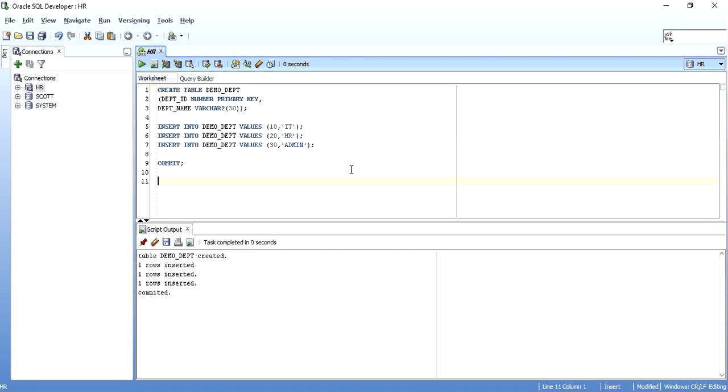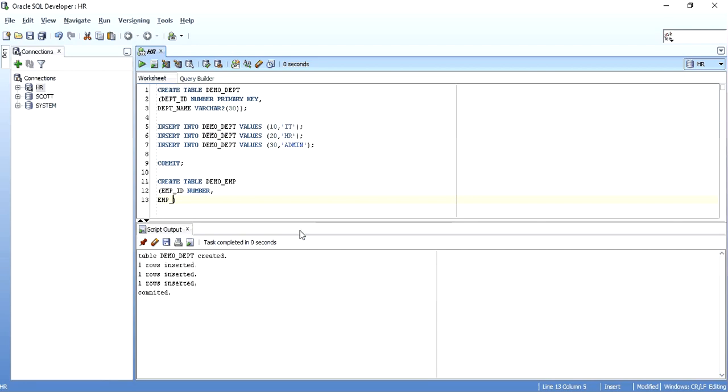Now I'll create a demo underscore employees table with 3 columns. First of all, employee ID, which will be number, which will be the primary key of this table. Over here, as you see, I have given a primary key at the column level. In this I'll give it at the table level.